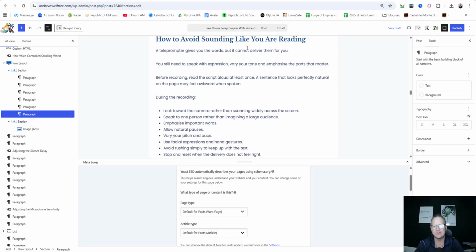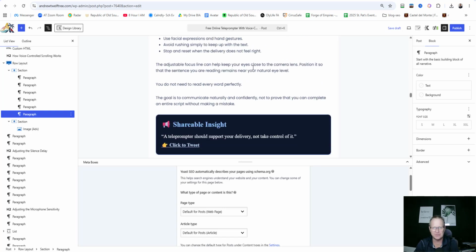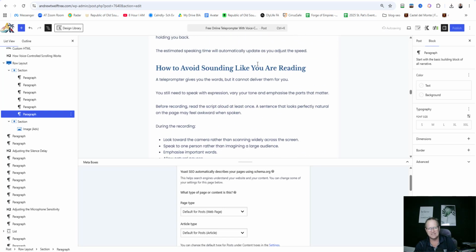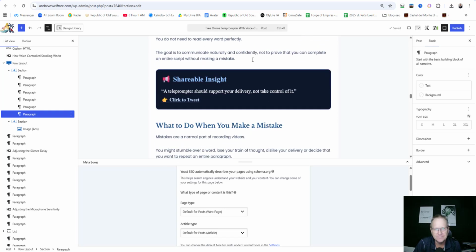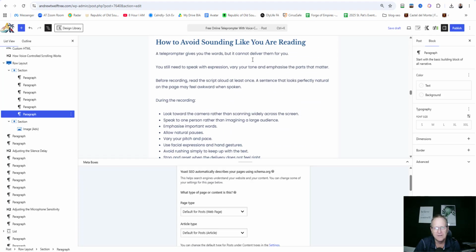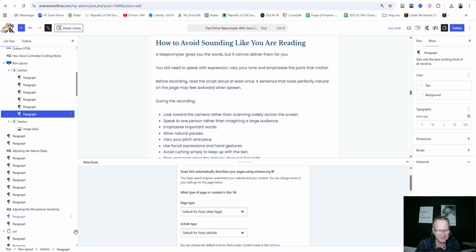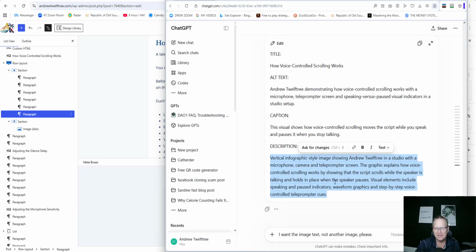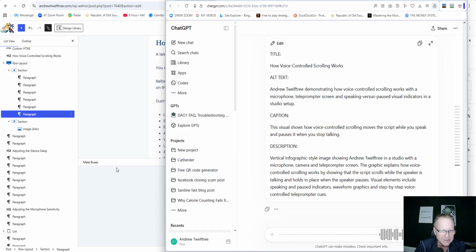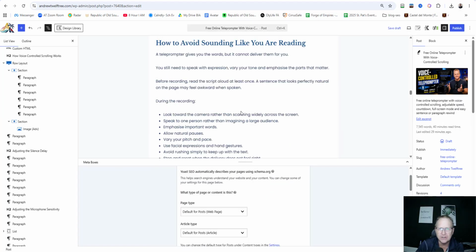How to avoid sounding like you're reading. Here's a good spot for one. I've had an idea for one here. All right, I need an image to depict how to avoid sounding like you're reading. Now, I want you to create,